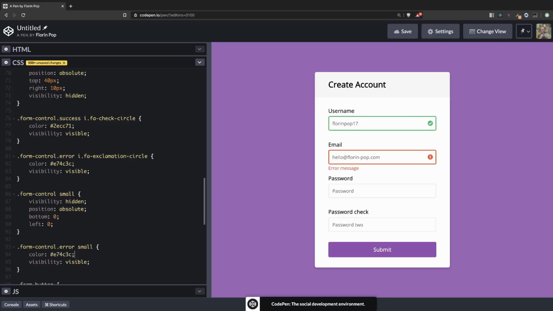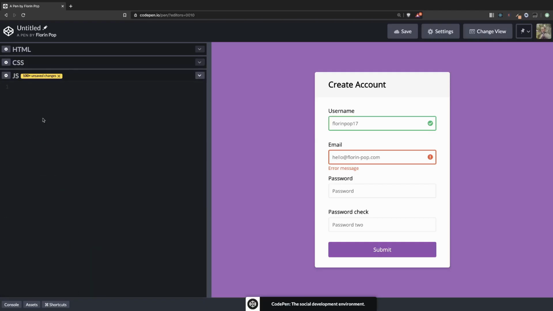Perfect. Now all the HTML and CSS is done. All we have to do is to implement the JavaScript. So let's do that. Alright, so the first thing, we need to target all the elements we want to have event listener on them,